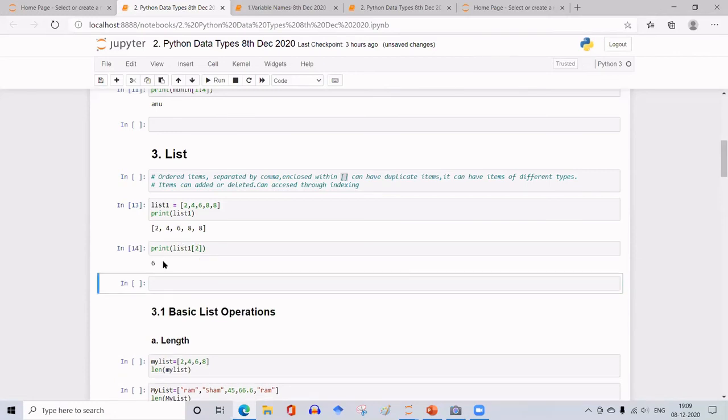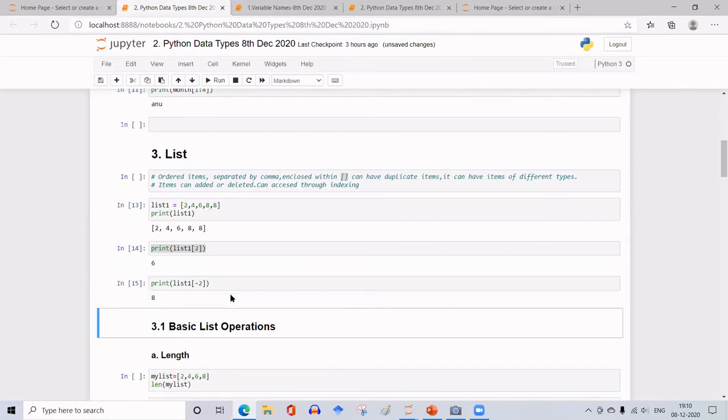So it will print the 6. Let me use a negative index. I will copy the same thing, but change it to -2. Okay. So now what is the element with -2 index? From the rightmost end, this is -1, this is -2. So I must get 8.